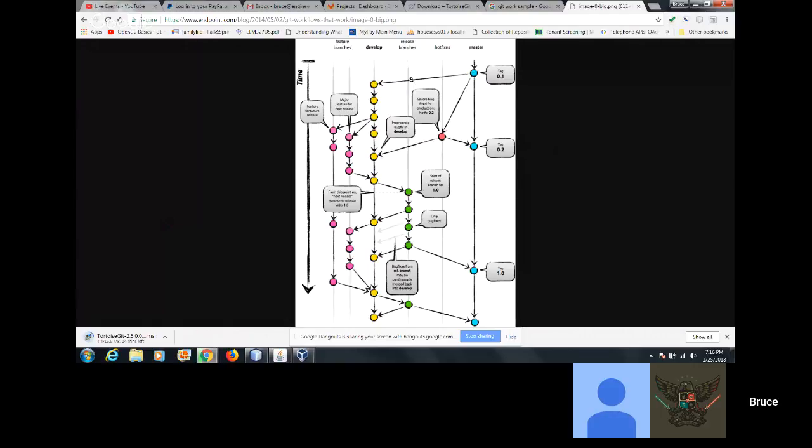This developer made a branch called develop. This one made one called hotfixes. So this is the timeline. The very first thing that happened was master got a copy. The very next thing is somebody made a branch called develop, and then they made some changes and checked it in on their branch again. They made some more changes and checked it in again.